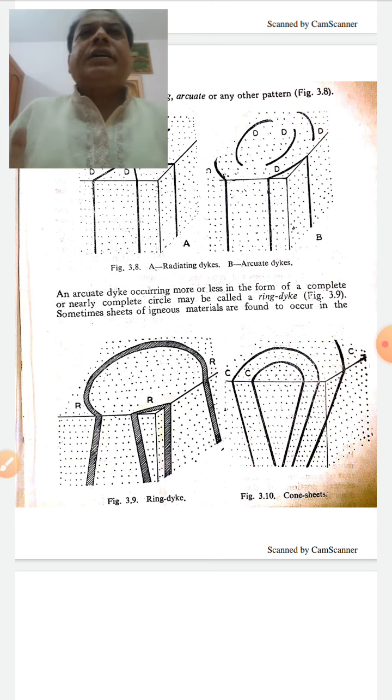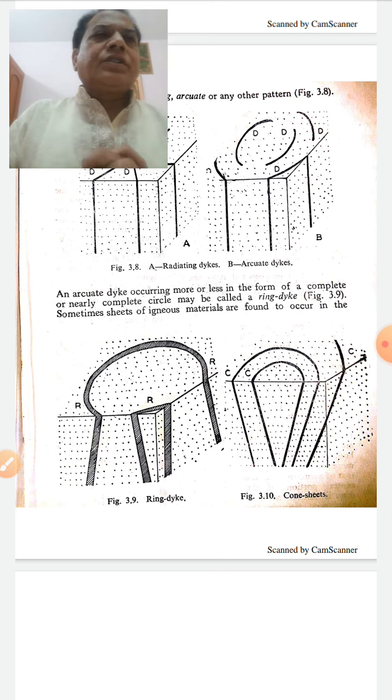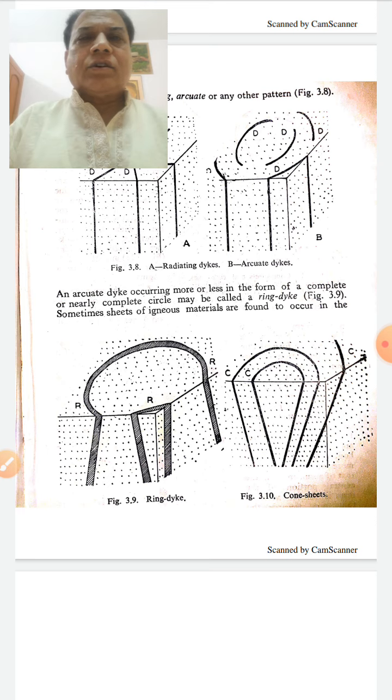The most important of these are the intrusive forms. Extrusives are simply cone shaped and found on the surface. But these intrusives are typical in their outline. So pay more attention to these plutonics, or plutons, concordant and discordant, right?